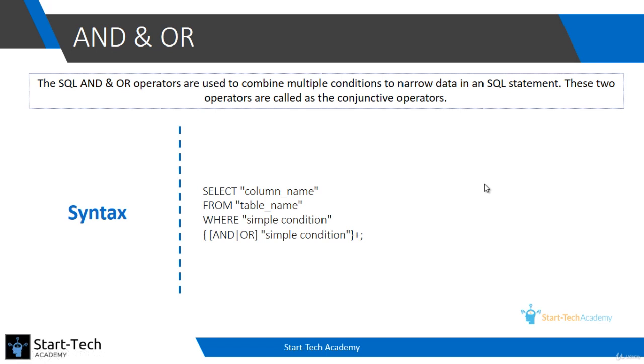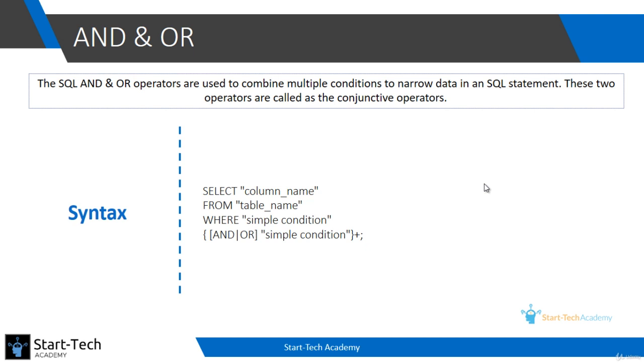In the last video, we learned how to apply one condition while retrieving data. Let us now look at how to retrieve data which is satisfying multiple conditions. Multiple conditions can be applied using the and or operators. The and operator is used when we want all of the conditions to be satisfied, whereas the or operator will be used when we want to retrieve the data with any one of the conditions satisfied.